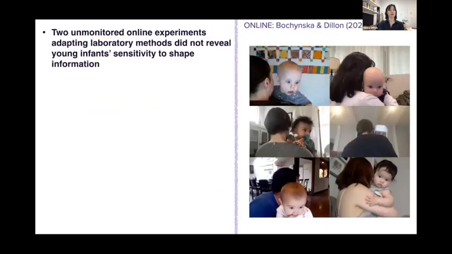So just to summarize, we ran 2 experiments on young infant shape discrimination on an unmonitored online testing platform, Lookit, and it didn't reveal infant sensitivities to shape information as had been revealed robustly in laboratory experiments. In particular, unlike the lab studies, we found no evidence that 7-month-olds looked significantly longer to shape changes in triangles, which was experiment 1, or relative length changes in V-figures, experiment 2, over and above these changes in position, orientation,